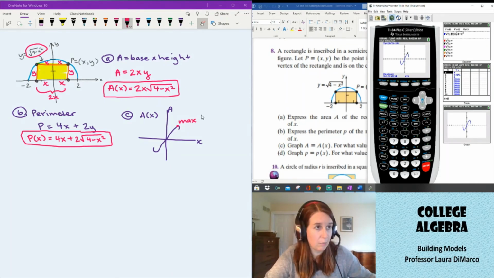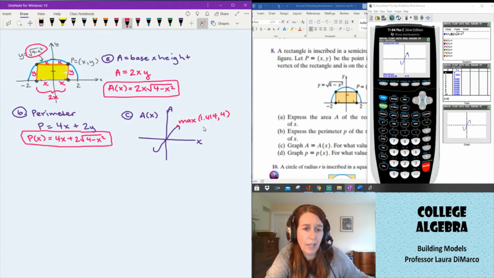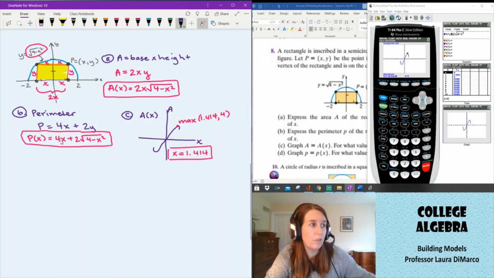So the maximum, the x coordinate is 1.414, and the y coordinate is 4. Okay, so let's see what it said again. It says, for what value of x is the area of the maximum? So the maximum area this thing can be is 4. This rectangle can be as 4, and the place that occurs is at 1.414 approximately. Okay, we're going to do about the same thing for letter D,